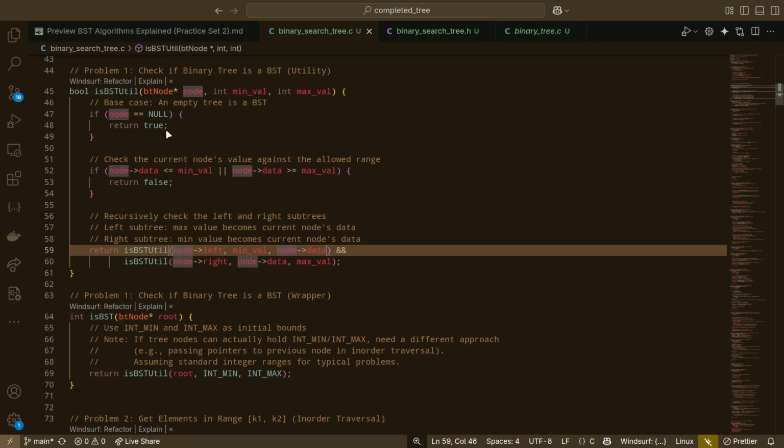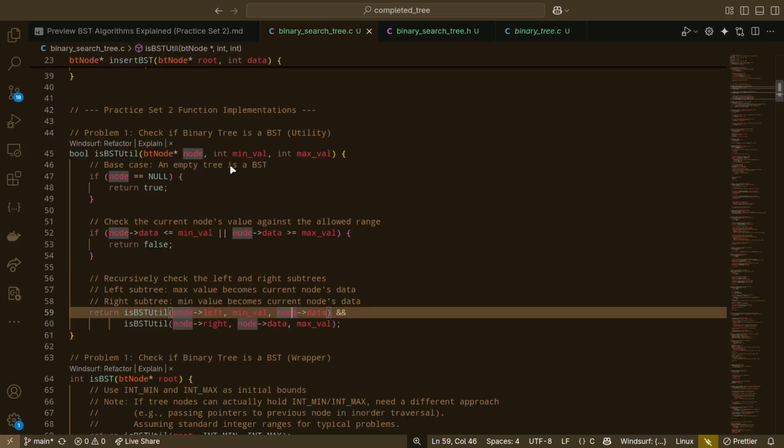So now if you have an empty tree, you just return true, because an empty tree means there is nothing to compare. An empty tree is a binary search tree. It is a binary tree. It is whatever tree you want to make it. Okay. Now